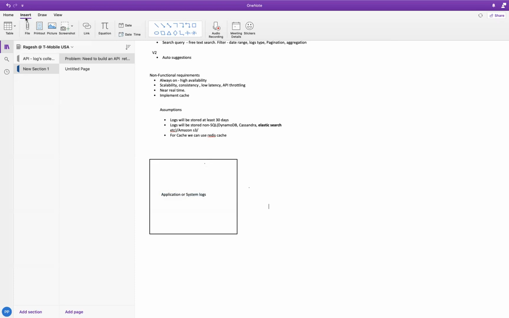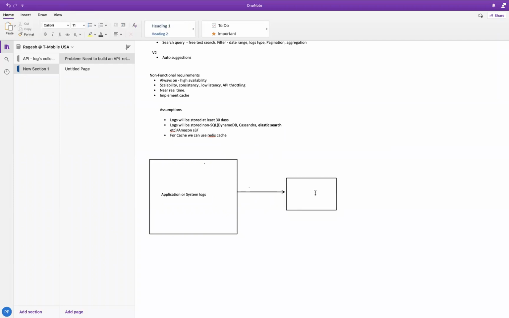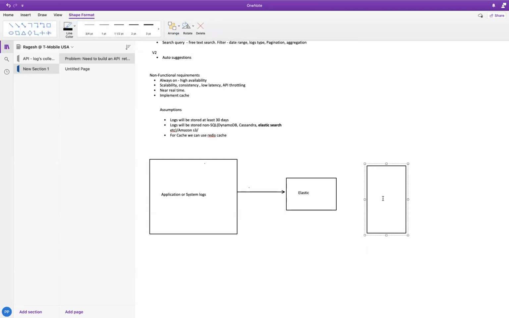Then we will have this, our Elastic. Then here we have an API, and which